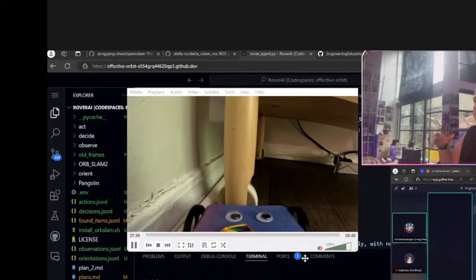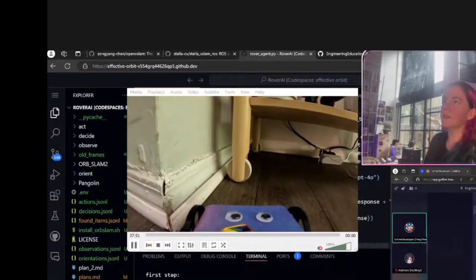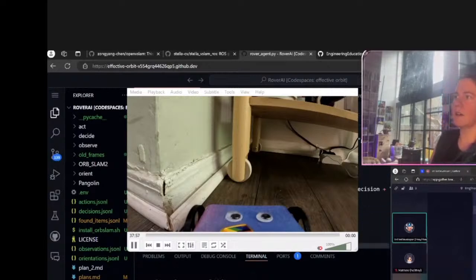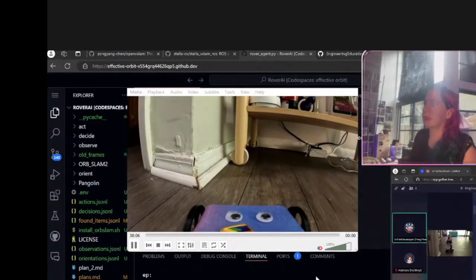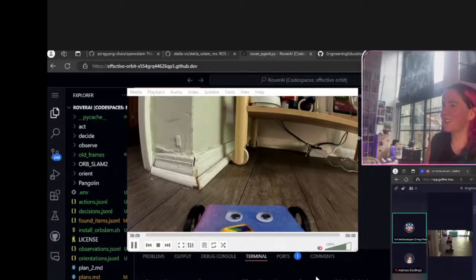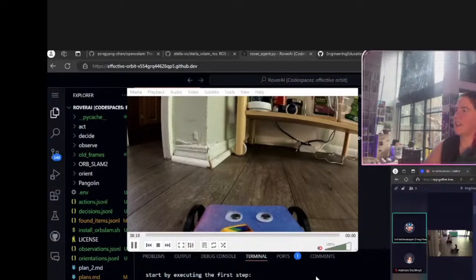So the rover is executing here in this GitHub Codespace, right? This is not even on my computer. It's on another computer in the cloud. And this is the code for the rover. It's not a lot of code. So essentially we're just watching it explore Joaquin's house and make a list of everything that's in Joaquin's house. And then we're looking at that list, right? We want to go, how can we use this data for something interesting?